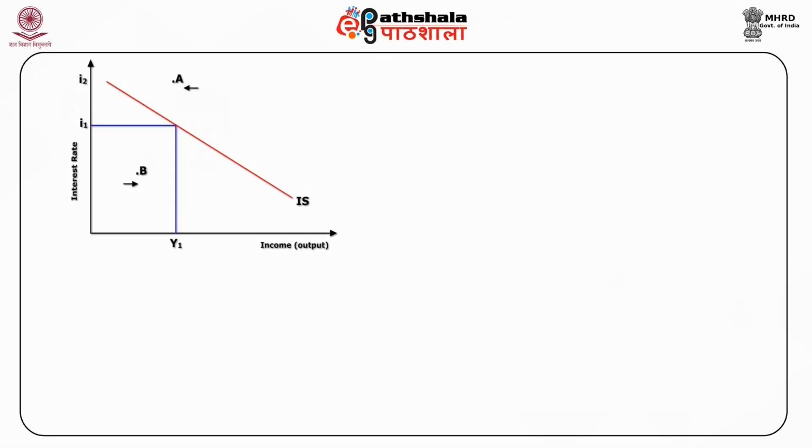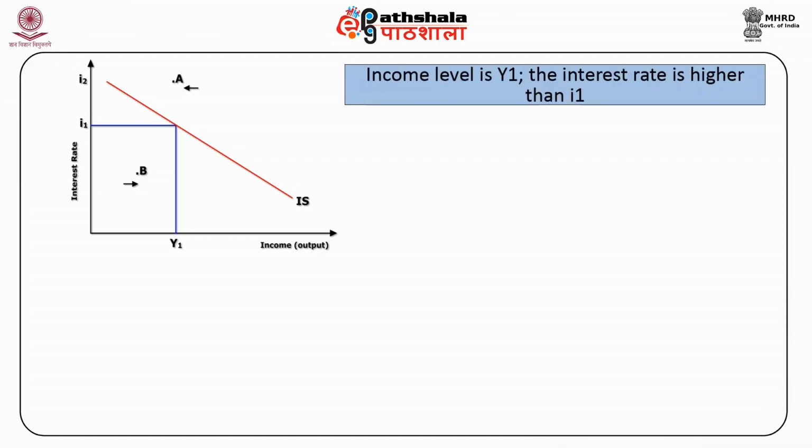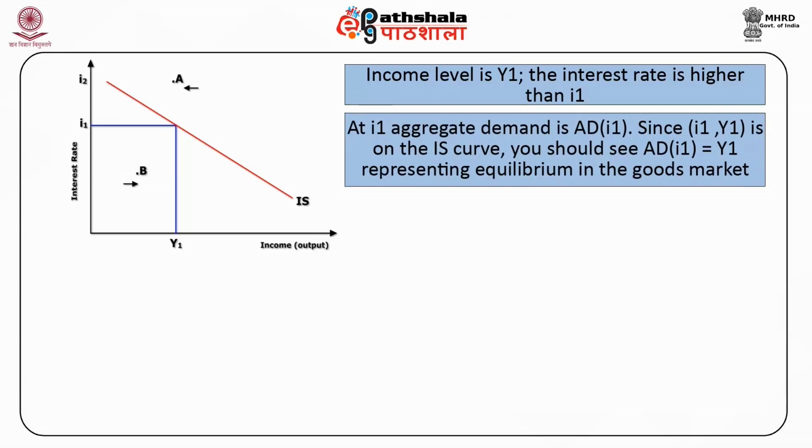First, consider a point such as A that lies to the right of the IS curve, Figure 3. Here, the income level is Y1, but the interest rate is higher than I1. Suppose at I1 aggregate demand is AD(I1). Since (I1, Y1) is on the IS curve, you should see AD(I1) is equal to Y1, representing equilibrium in the goods market. However, at A,